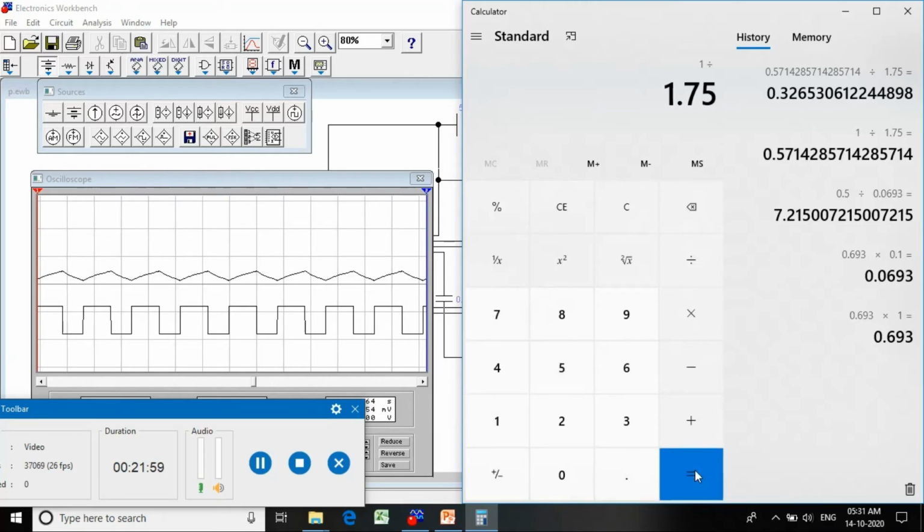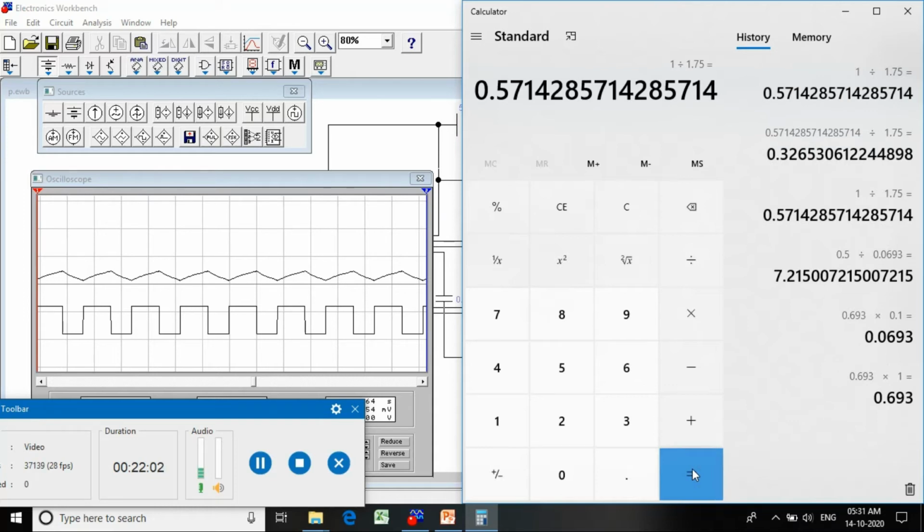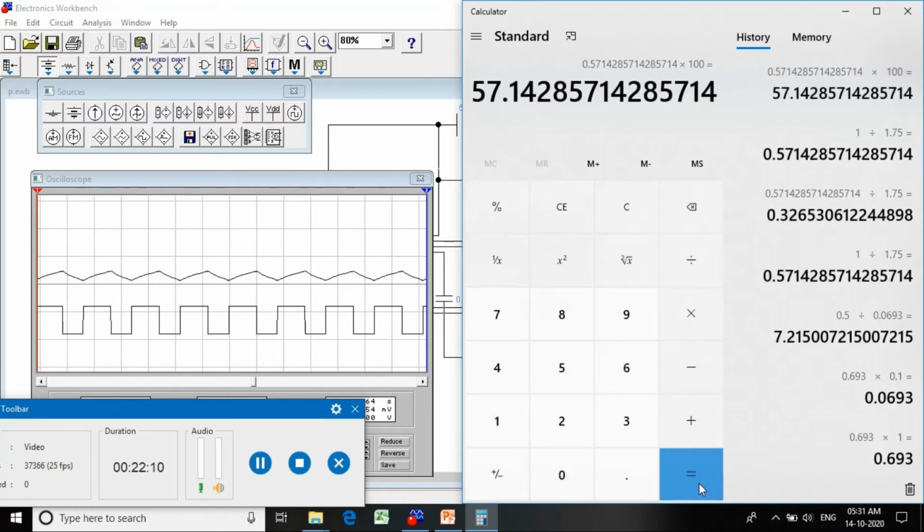So in percentages we multiply by 100, which gives you 57% duty cycle. It is almost 60% duty cycle, which is greater than 50% duty cycle.